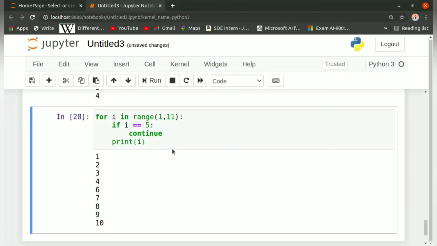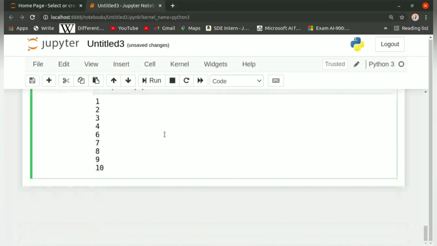It will check 6, 7, 8, 9, 10, and thus we get the output 1 to 4, and after that 6 to 10. This continue statement resembles a jump statement, which jumps to a value by skipping some values. I hope you are clear with the break and continue keywords.